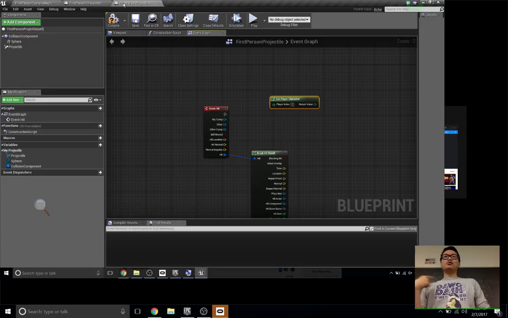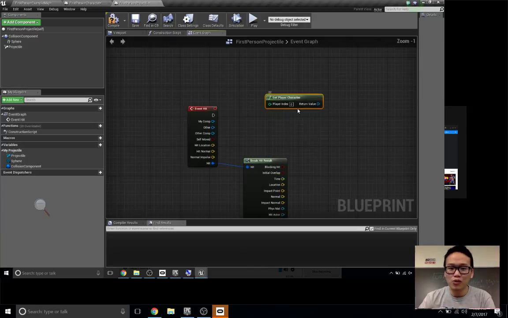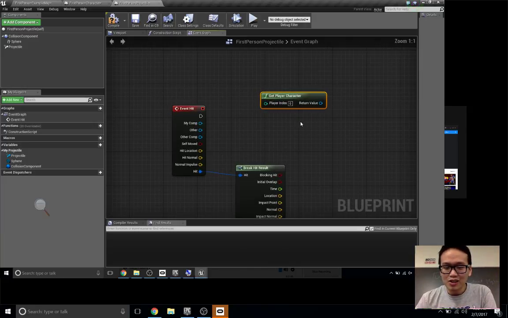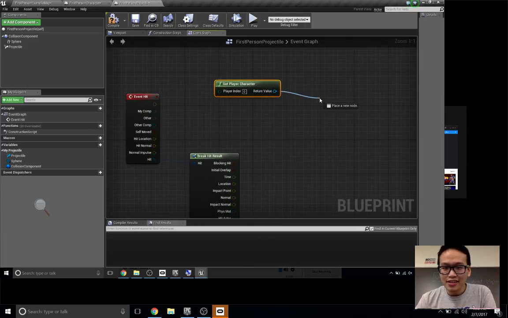The player is a special object that's always available everywhere, so any other blueprint can access the character. Usually you can't, like if I want to access another bullet, it's usually not available. You have to pass it in as some sort of variable as input. But the player is always available. So we make a player and then you drag the return value from the player out.